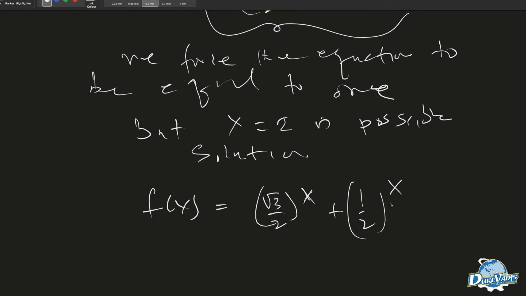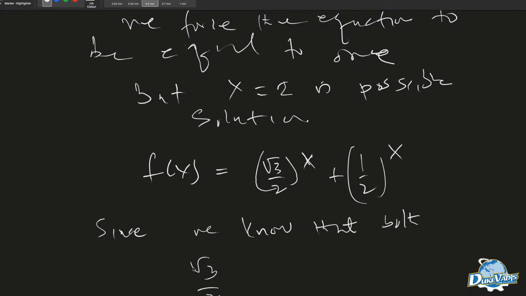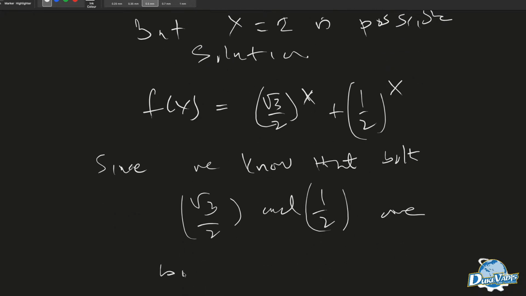Since we know that both root 3 over 2 and half are both less than 1,